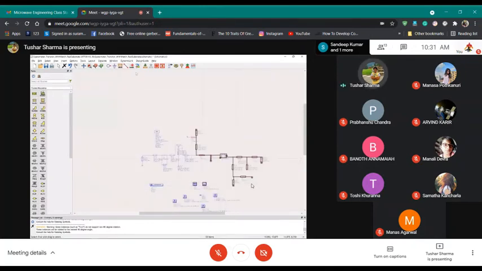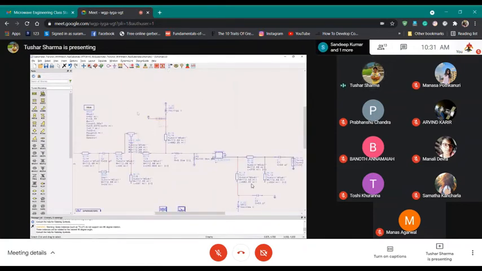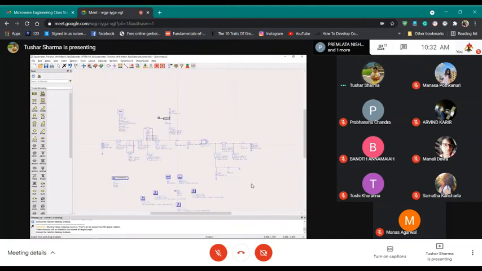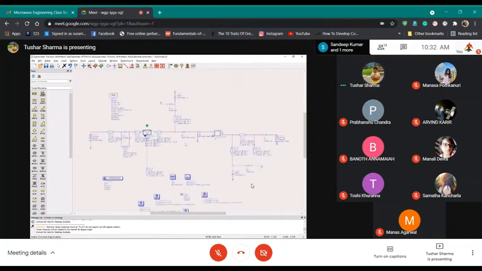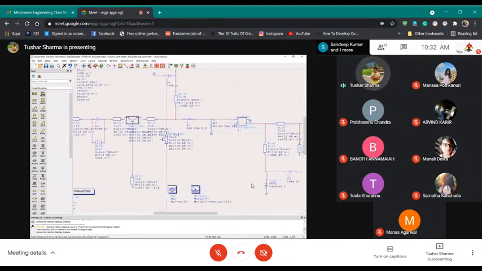Go step by step and see how performance changes. That's your homework basically, because next time when you come, you will have to do this much. What I will do also is I will upload this workspace, whatever my workspace is there, so that you can check what I'm doing. And similarly, this T will go here.